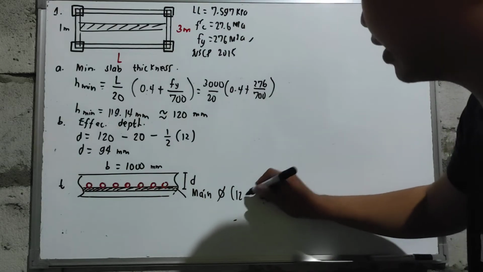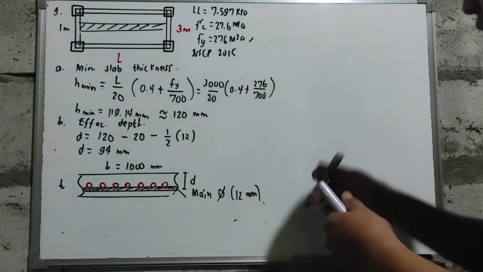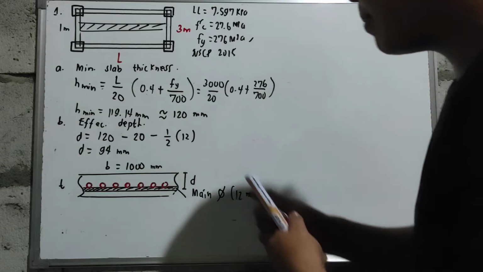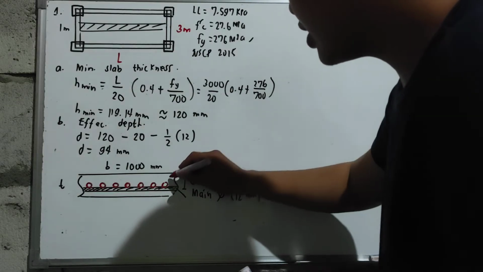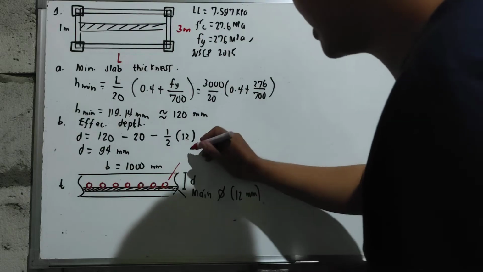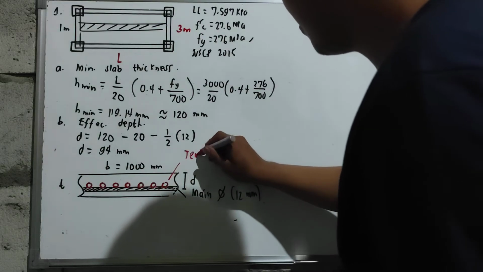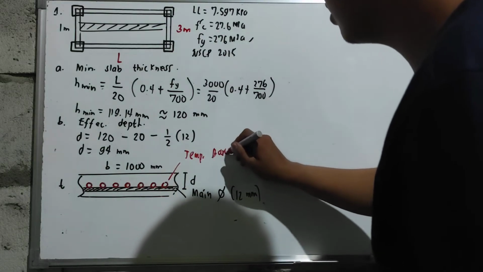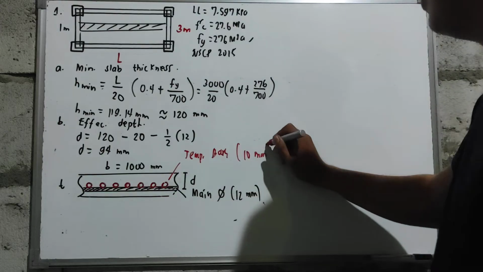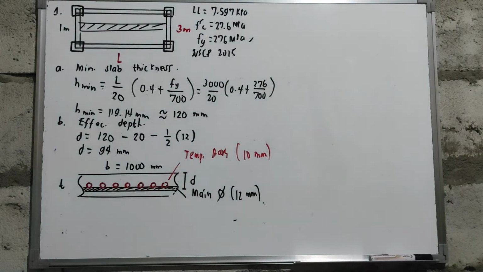So this is 12 mm usually. And then yung mga temperature bars natin, which is denoted by yung red natin. So this is yung mga temperature bars. So this is 10 mm naman. So for this one, kapag na-compute na natin